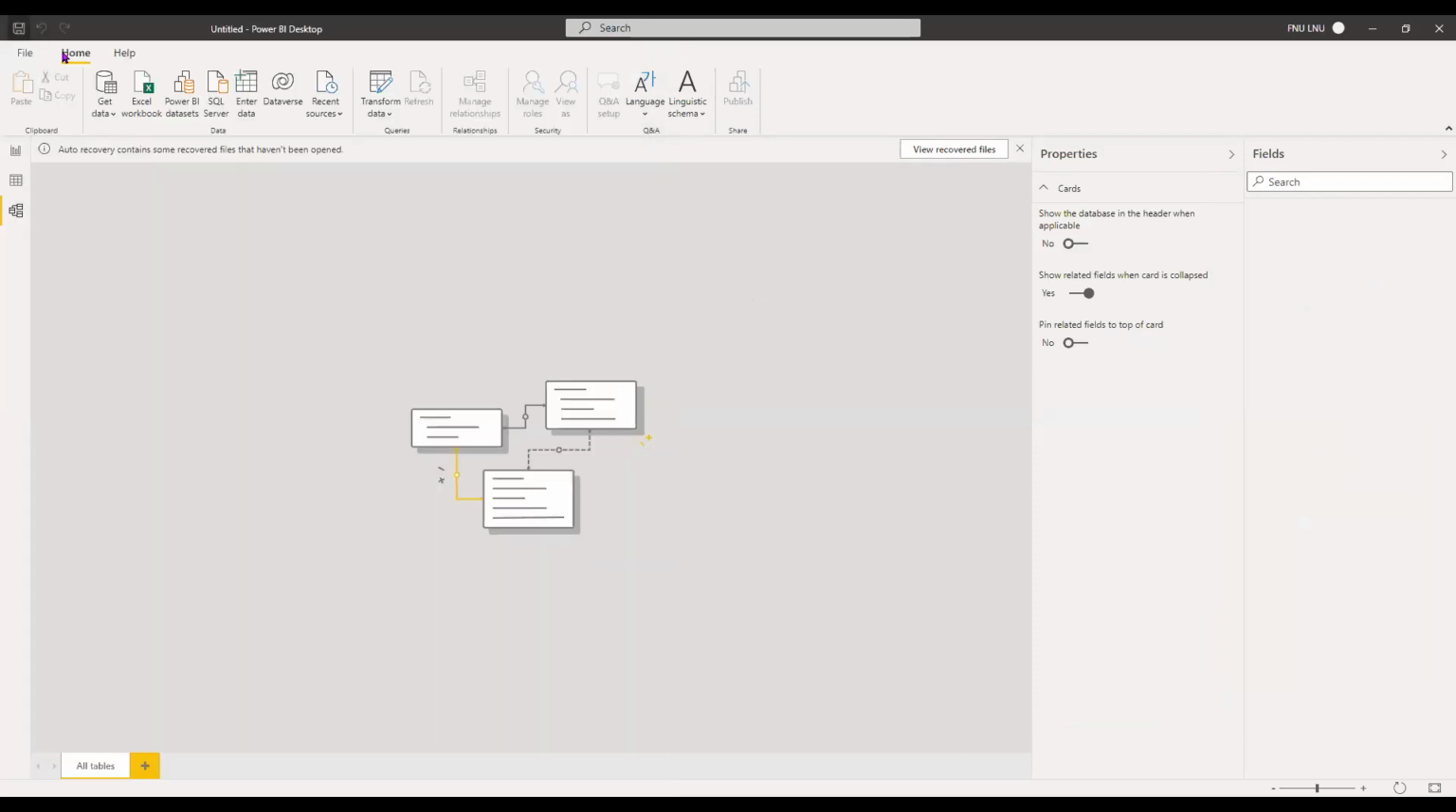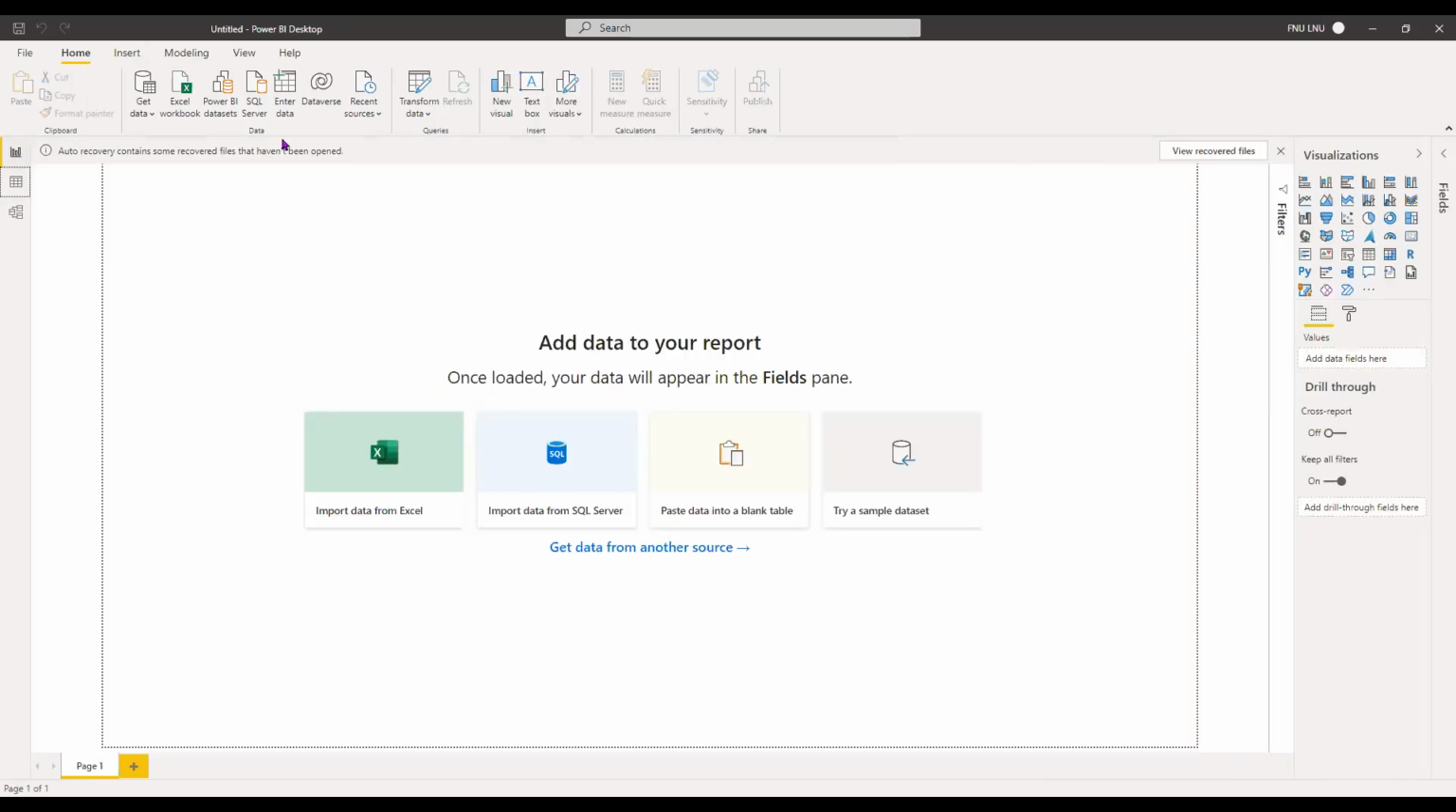And we have home, we have this. We can come back to our report view. Can you see now on my screen, you can see import data from Excel, import data from SQL Server, paste data into blank table, try a sample data set. And I can also come here under my home. Can you see get data, guys? If I click on get data,